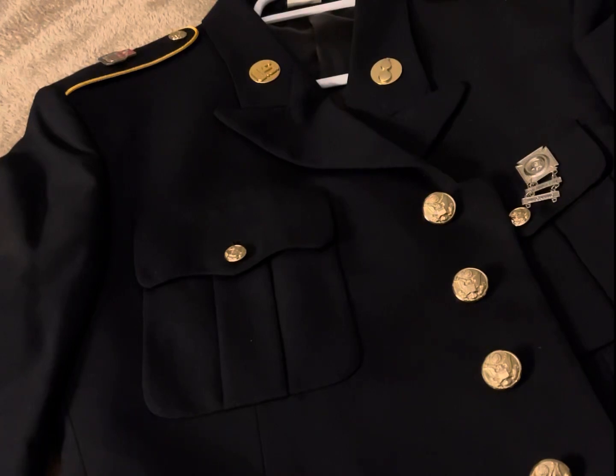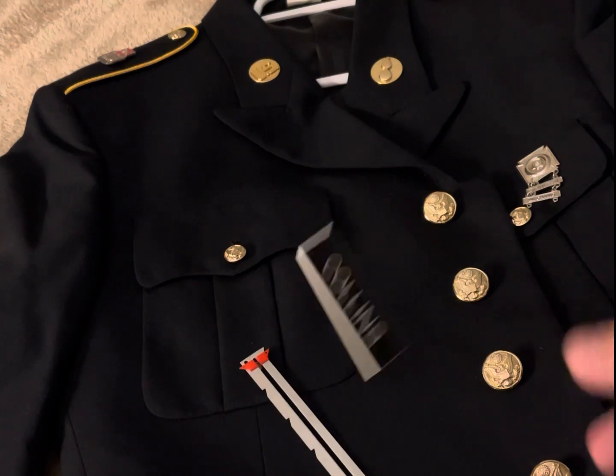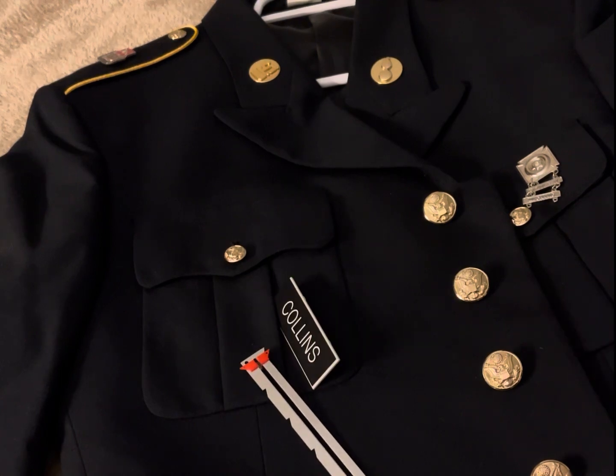Moving on with our ASU jacket setup, we're going to need to add the nameplate to the right chest pocket. So for that, of course, we will need a ruler, and you might as well get a nameplate too while you're at it. This is going to be pulled directly out of DA PAM 670-1, again, just like everything else involving the placement of stuff on your uniform. Specifically, it's